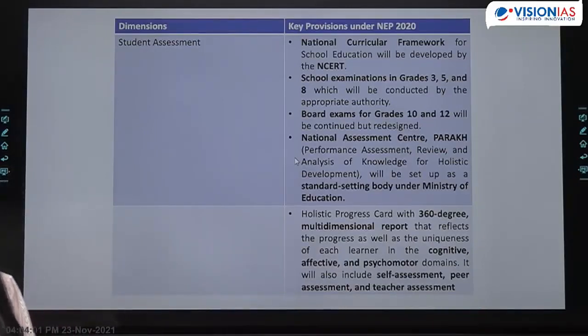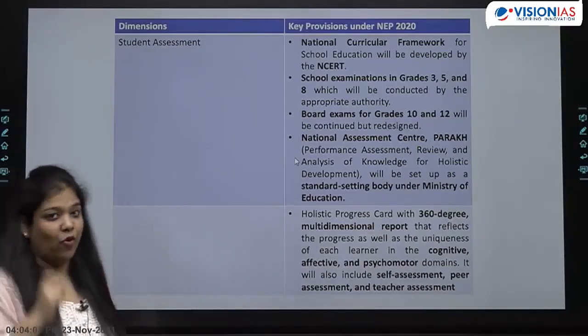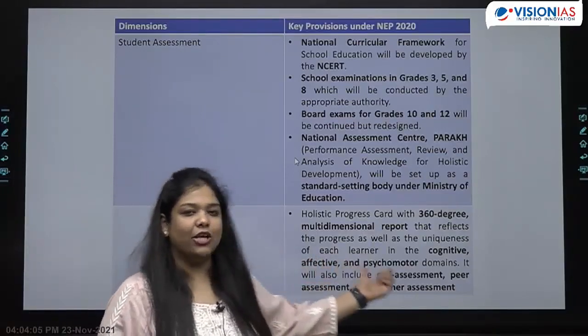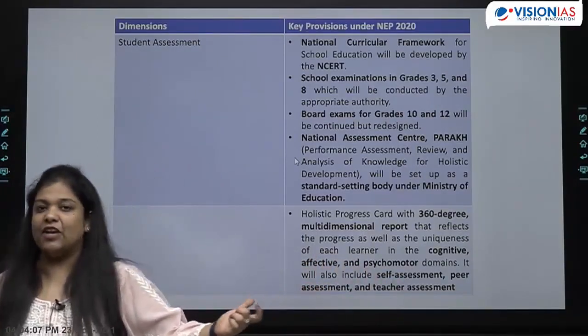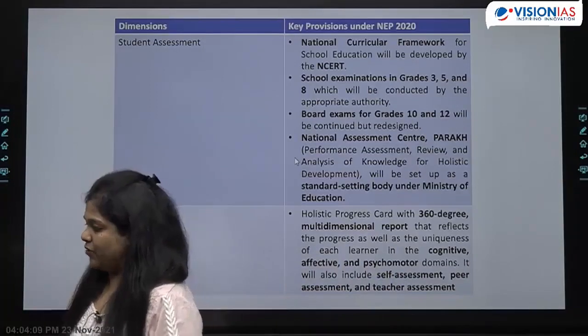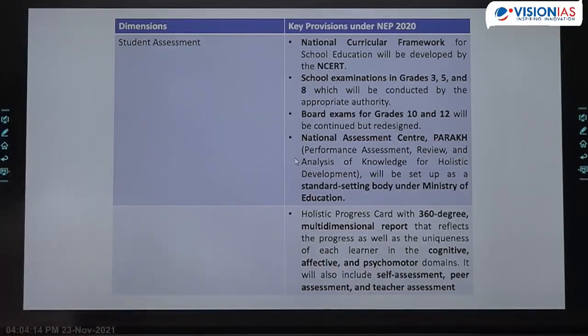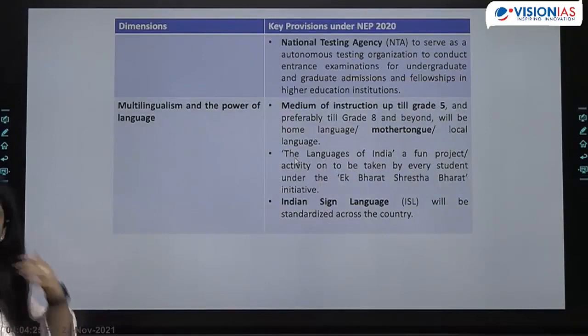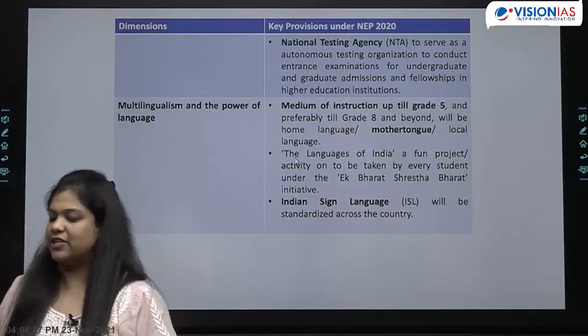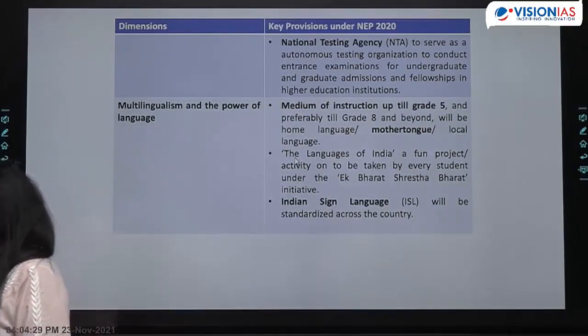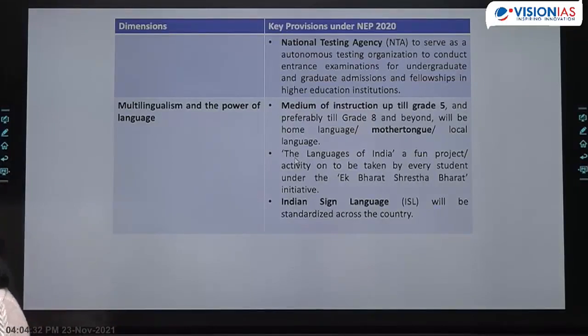Then पहले क्या होता था, it was only with respect to academic performance assessment. Now 360-degree holistic assessment would be provided in which peer-to-peer assessment would be there, self-assessment would be there, teachers assessment would be provided. The assessment would be done with respect to your cognitive skills, your psychomotor skills as well as your affective, emotional skills. Emotional intelligence भी तो develop करना है ना. The National Testing Agency would be the autonomous organization which would be conducting the entrance examination for undergraduate and graduate